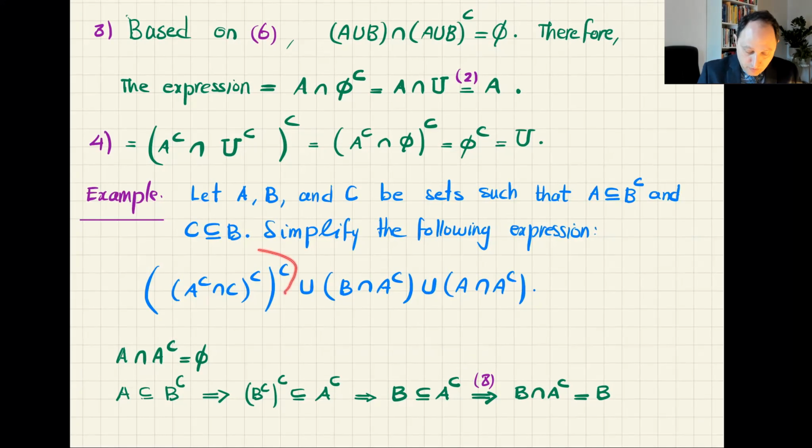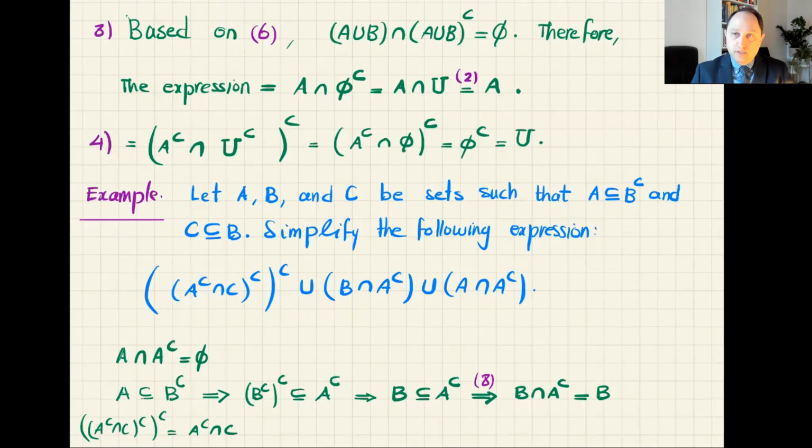First of all, I can simplify it immediately because I see that I have a set complement, and another complement on top of that. So the complement of the complement is the set itself. Okay, so if I want to write this, then I will have A complement intersection C complement complement, which is equal to A complement intersection C. Okay, so that's clear. This is at least more simplified than the previous one. But now, can I